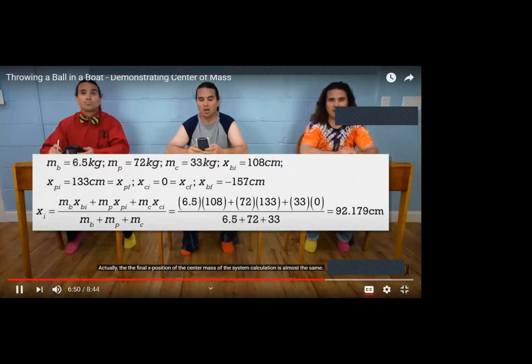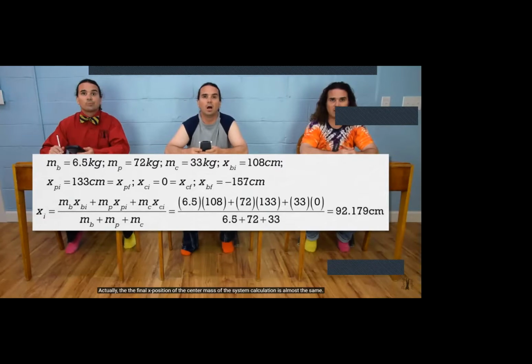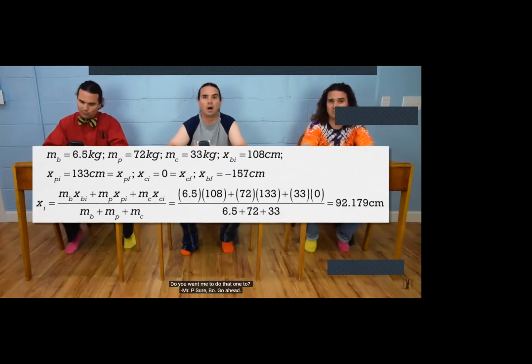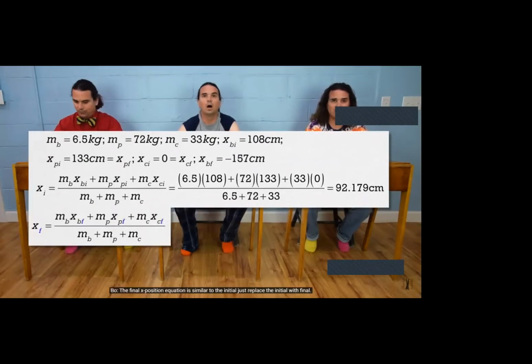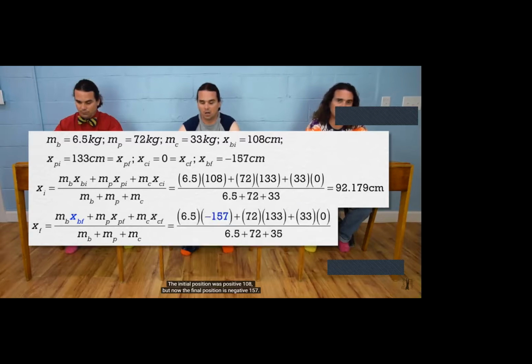Actually, the final X position of the center of mass of the system calculation is almost the same. Do you want me to do that one too? Sure, Bo, go ahead. The final X position equation is similar to the initial, just replace the initial with final. Also, the only value that changes is the x position of the ball. The initial position was positive 108, but now the final position is negative 157. That gives us